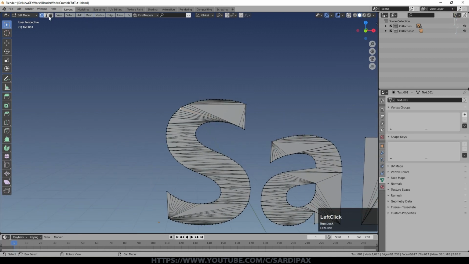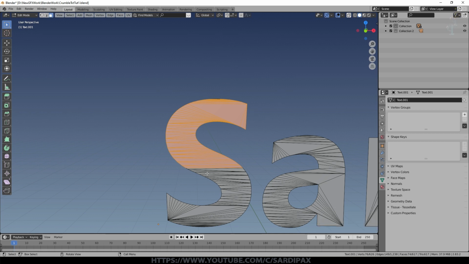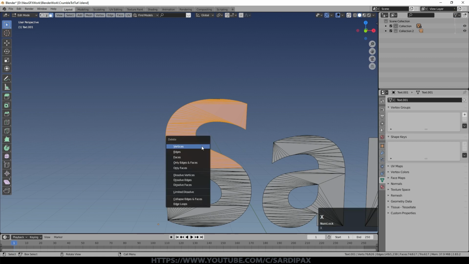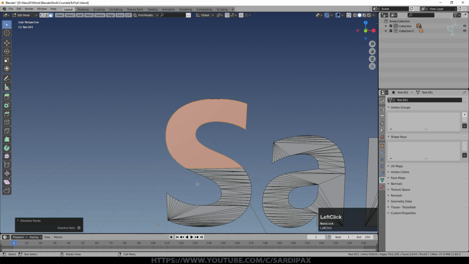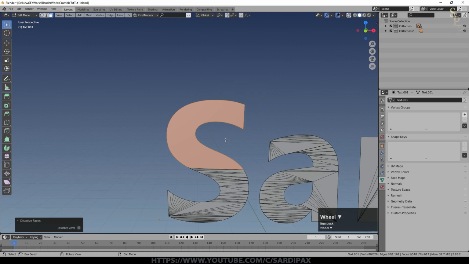So we'll start by going to face select, and we'll just select a lot of these faces here. It's probably best not to select all of them, especially on a very curvy face like this, although it is theoretically possible. And then press X and say dissolve faces. You can see we've got one up there, so I'm going to press Control plus, and that's just expanded the selection a bit, and then dissolve faces again.